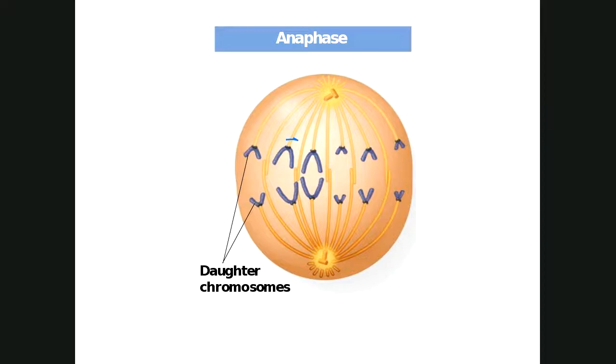What would happen, and this does happen sometimes, these checkpoints aren't perfect. What would happen if that sister chromosome or daughter chromosome, what if that kinetochore microtubule hadn't formed or hadn't formed properly? What do you think would happen to the number of chromosomes in each resultant cell? So that last chromosome on the right has nothing pulling it up in this picture.